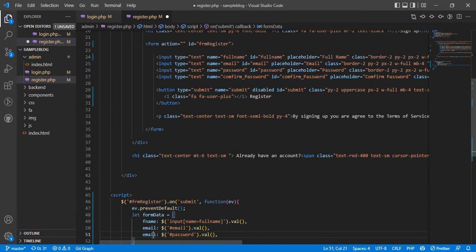Now the password is another thing on its own. Do we need to send the confirm password? It depends on what we are doing actually. In some cases you might want to send the confirm password and do the check on your PHP, but you can still do the check here in your JavaScript, before sending the data. So if I want to do the check here, somewhere here,